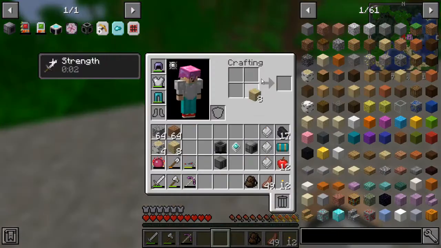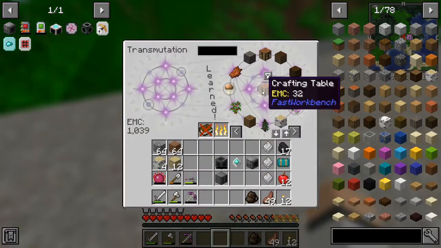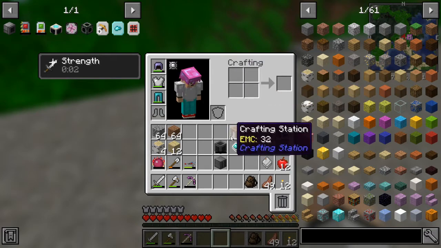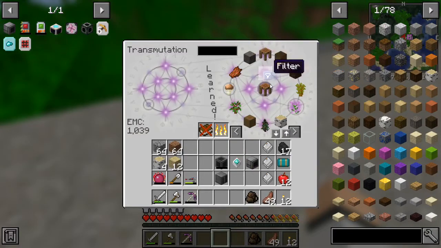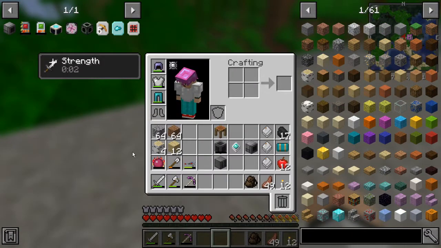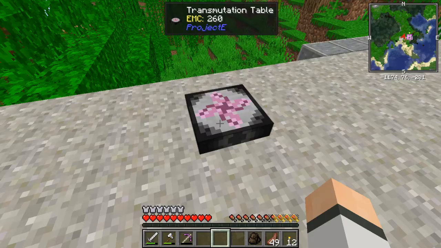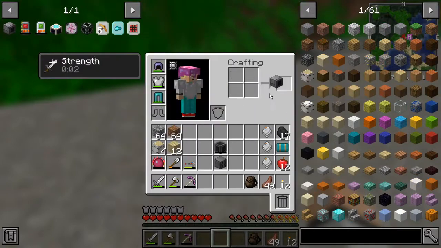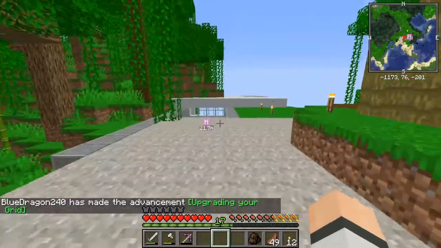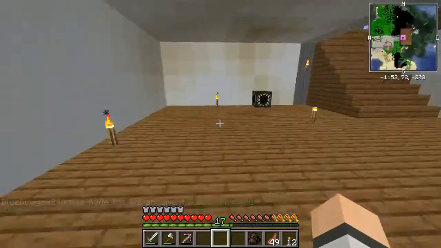I don't actually have a crafting table stored in there. I'll add crafting station as well. Crafting station does not work. Must be crafting table. Okay, now a crafting grid. Upgrading your grid. Lovely. Okay, so now that I have this set up, it's a matter of figuring out where